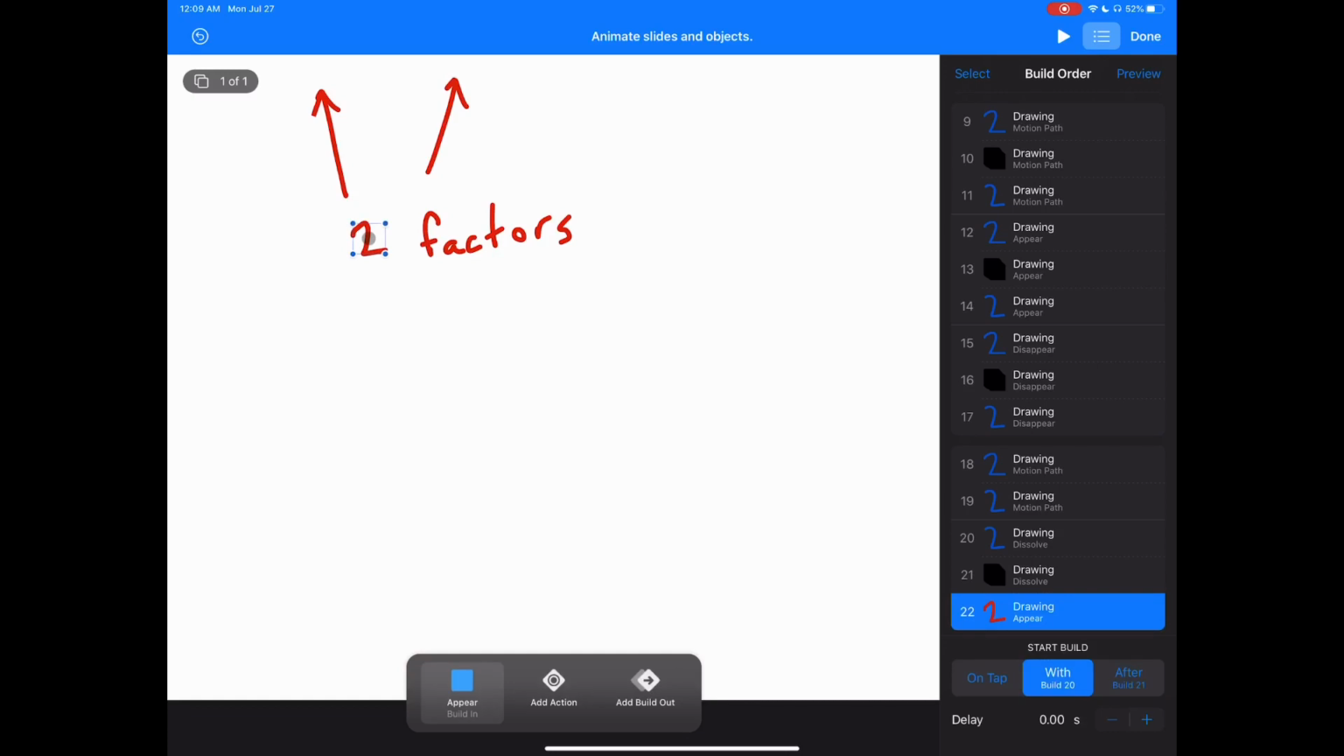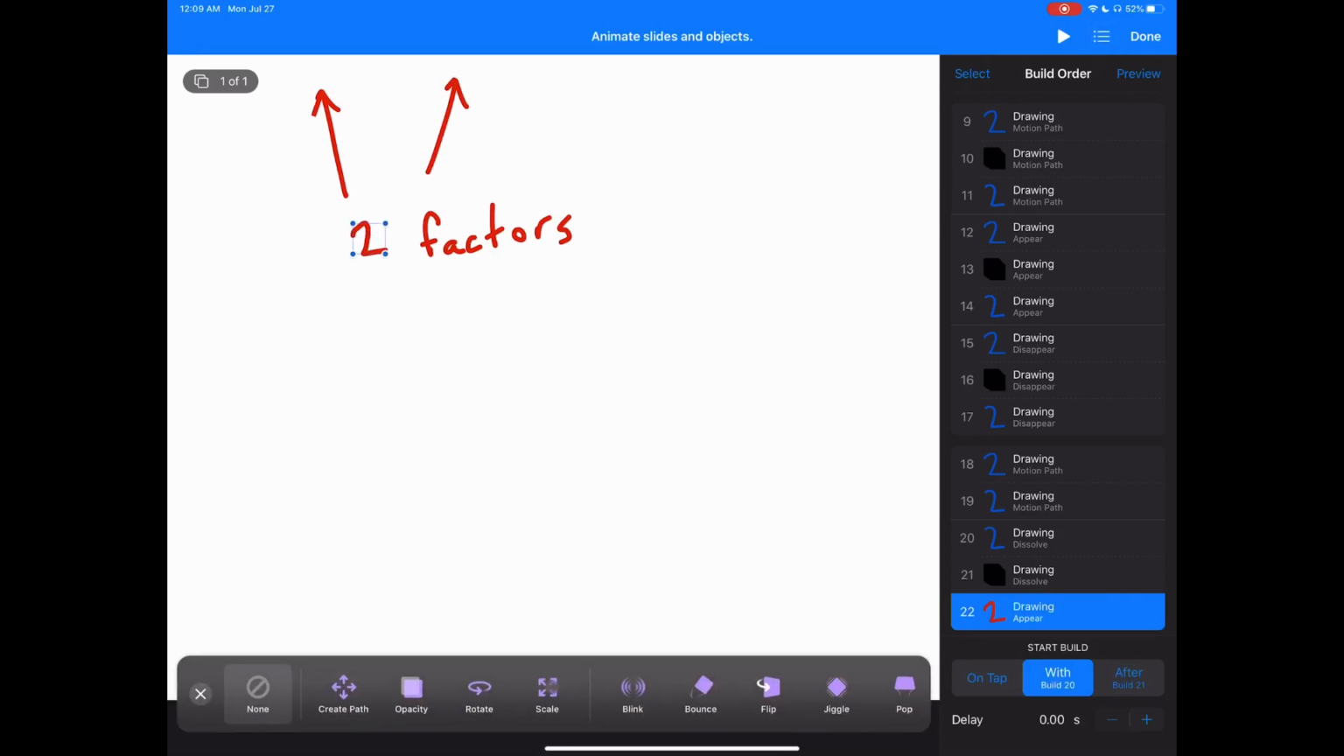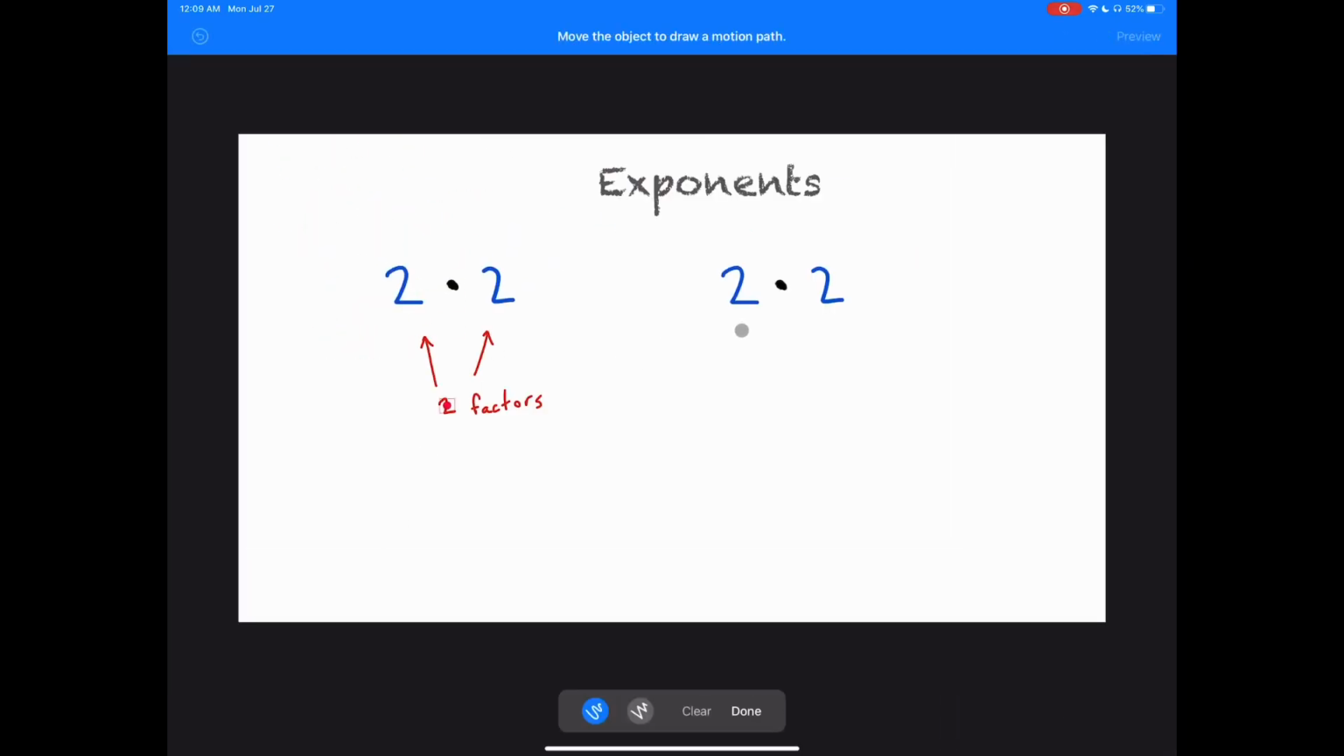Next, I'd like for the same 2 to fly using add action and then create path. And I'd like it to fly up here. And we don't have a guide here, but I think that's okay because our multiplication dot is our guide. So there'll kind of be this 2 hanging out right here, and I think it should go right about there. So what I'm going to do is draw a path to sort of have it land right about here and